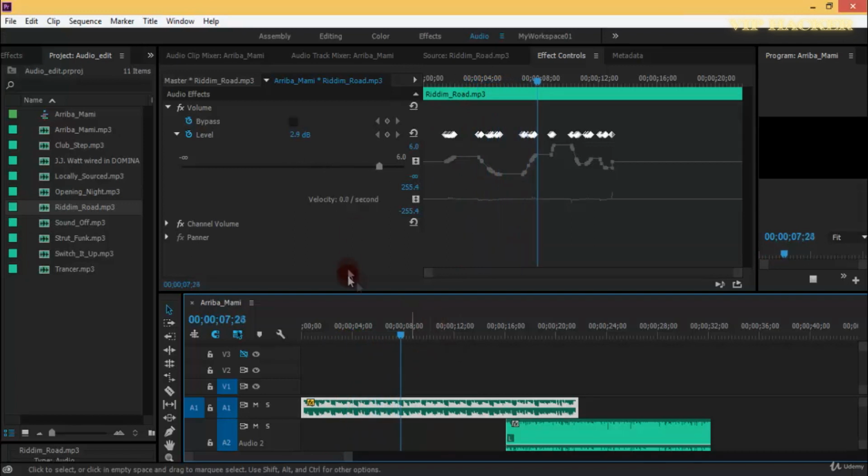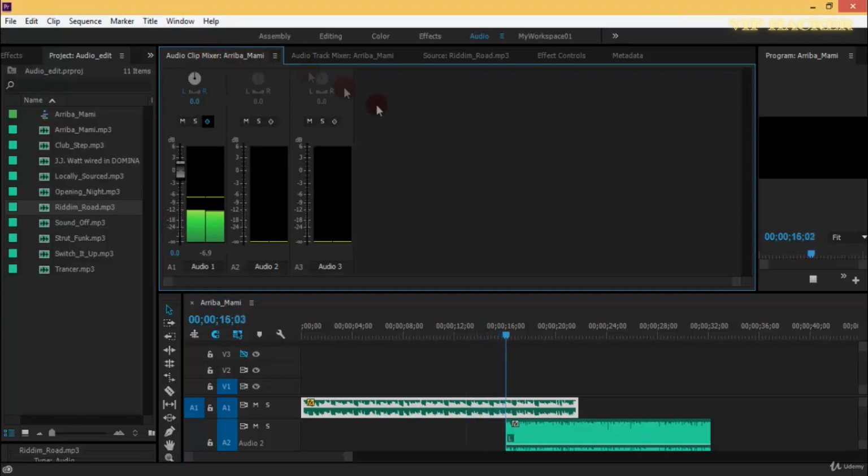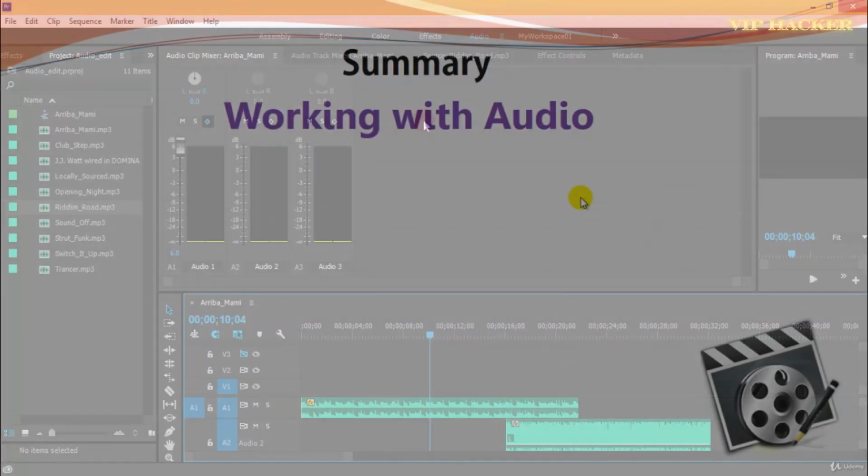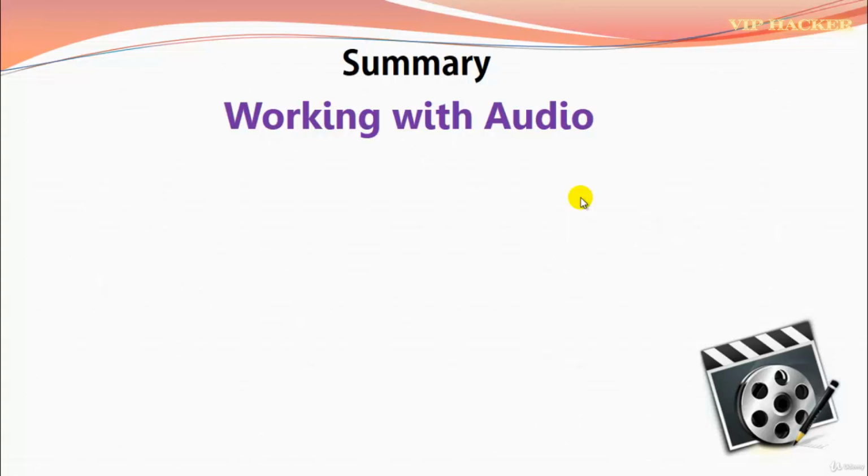So if you see here, these levels are getting animated according to the animation which we had done in our audio clip mixer. So yeah, this was our animation of sound levels through audio track mixer and audio clip mixer. So as we have worked with audio and the different segments in audio editing, let's go through each of them